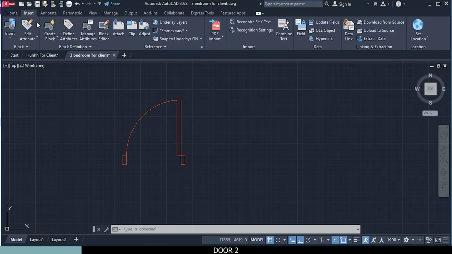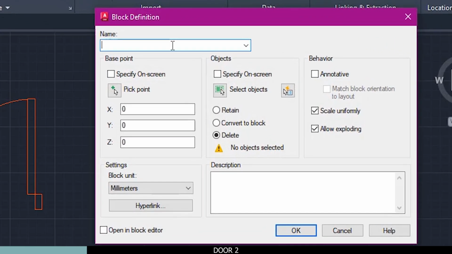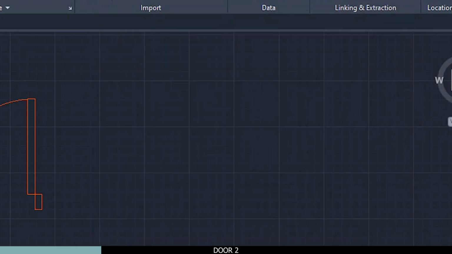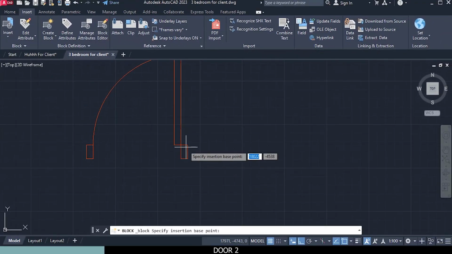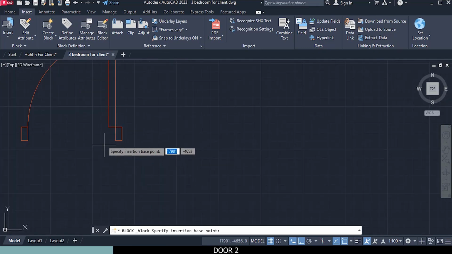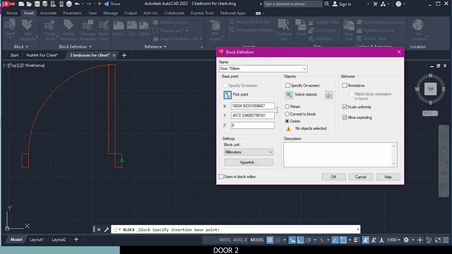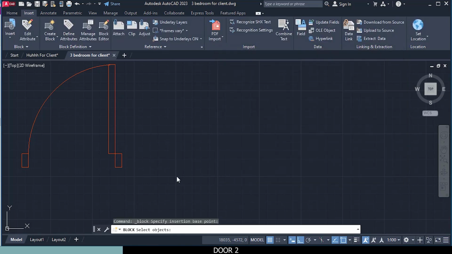So insert, create block, name that door 750 millimeters. If you're using imperial, know it, 2 feet 6 inches. Base point, pick a base point. Where do you want? Either click here or we click here, so we can easily snap it to our wall. Don't go and click somewhere else. So click that. Now our object, select our object, scroll back,